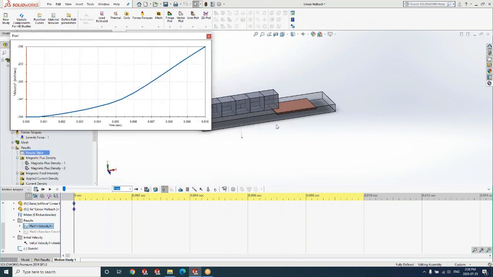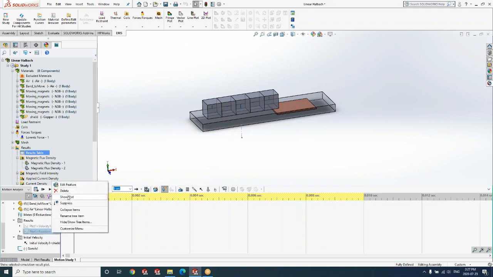That's a drop in velocity in the negative x-axis, because the positive SolidWorks x-axis is not in the direction of movement; the conductor moves in the negative x-axis. So it starts with an initial velocity of -394 inches per second, and after 10 milliseconds it loses velocity, and the final velocity is -206 inches per second.